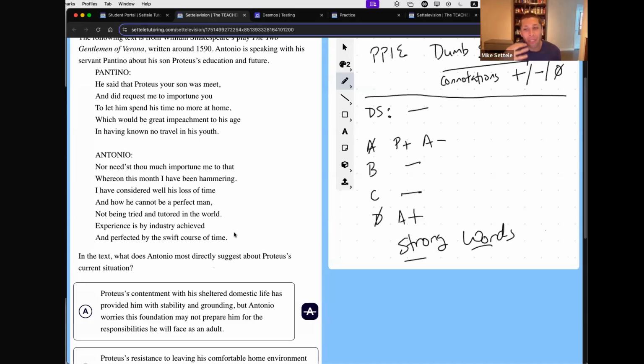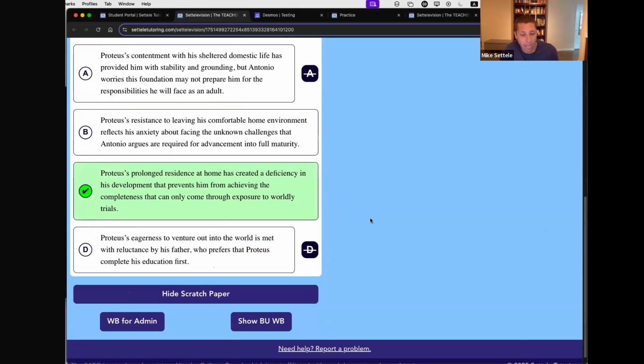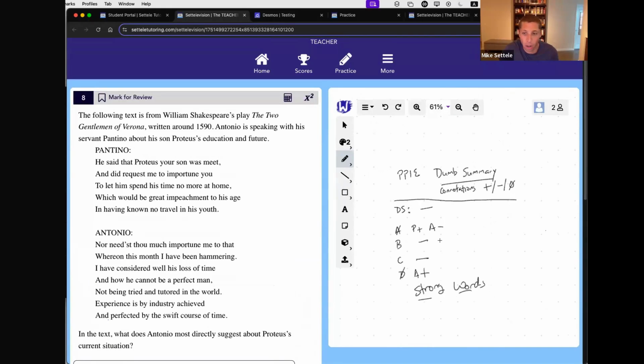So with a dumb summary, it gives us permission to turn the dial down in our brain a little bit and try an easier approach and see how far that takes us, conserving energy, conserving our brain power for those times that it's really hard and we're going to need all that attention. So for me, just thinking about connotations is a great place to start.